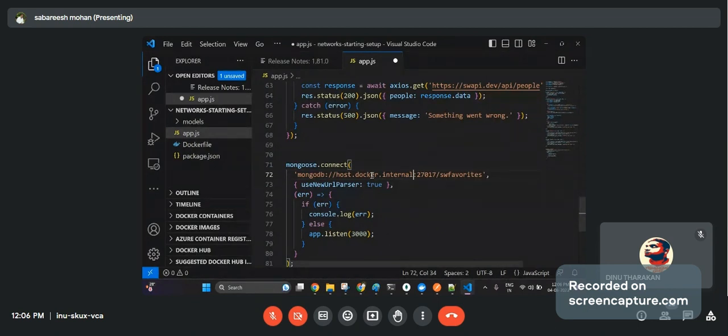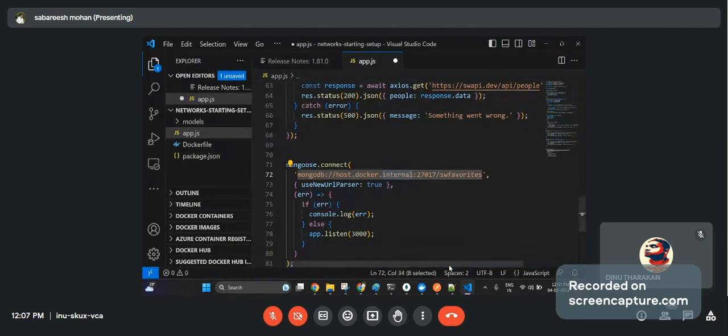So if they ask you, if I want to connect a container to a service on your host, how can you do this? The domain will always be this. You need to modify the application, saying please go and talk to this particular DNS, and this DNS basically resolves to the IP of your host.